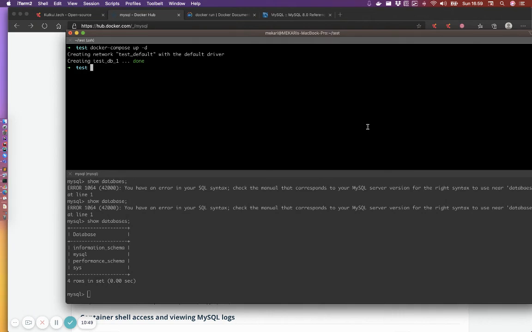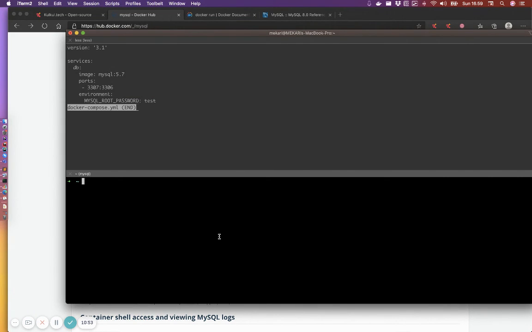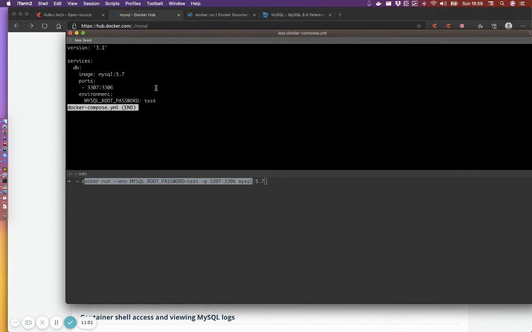So you can do the same thing with Docker Compose. Without typing a giant, very long command like this, you can create it as a manifest in YAML format, and then you can easily run the command again and again. So that's it about Docker and running other applications on top of Docker.